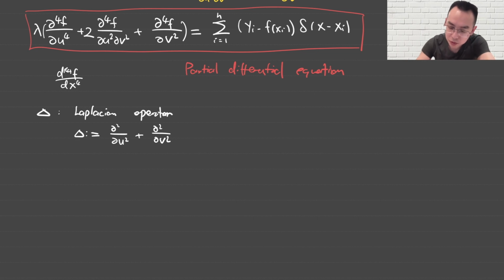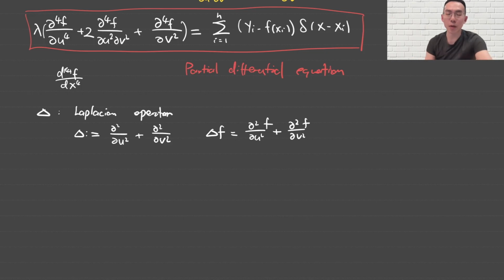So that's the operator. It's a partial derivative operator. And when it acts on function f, that's going to give us the sum of the two partial derivatives, right? So that's the Laplacian of the function f. And so here we can actually rewrite the fourth derivative as this. So if we apply the Laplacian operator twice, so this is going to give us